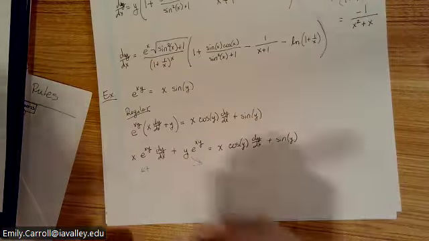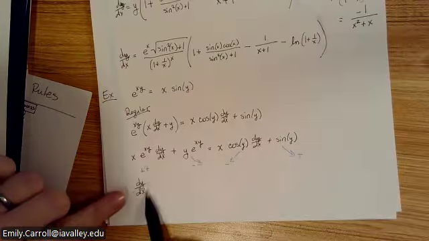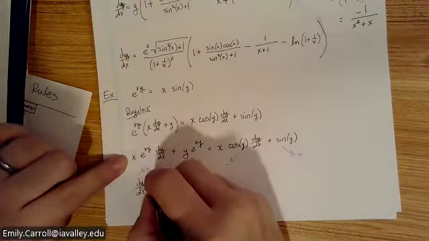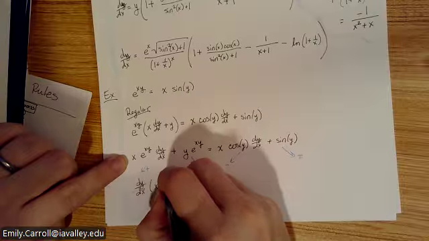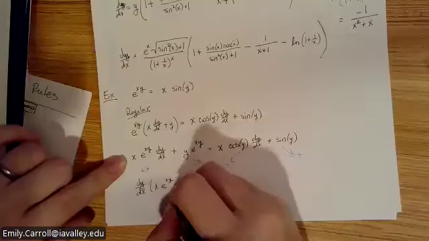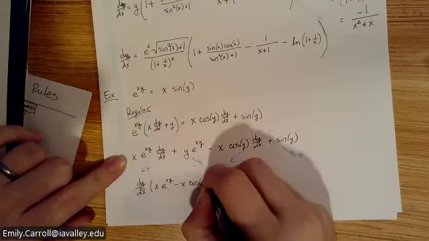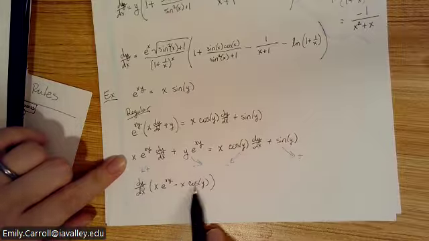This term is going to contribute the x e to the xy. This one will do a negative x cosine of y, coming over there,